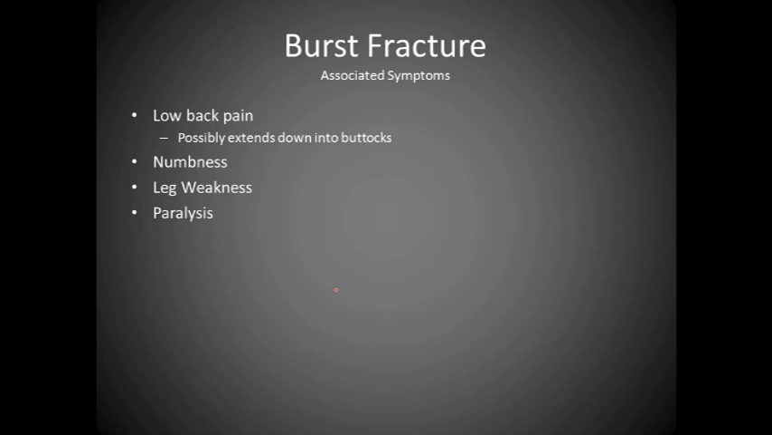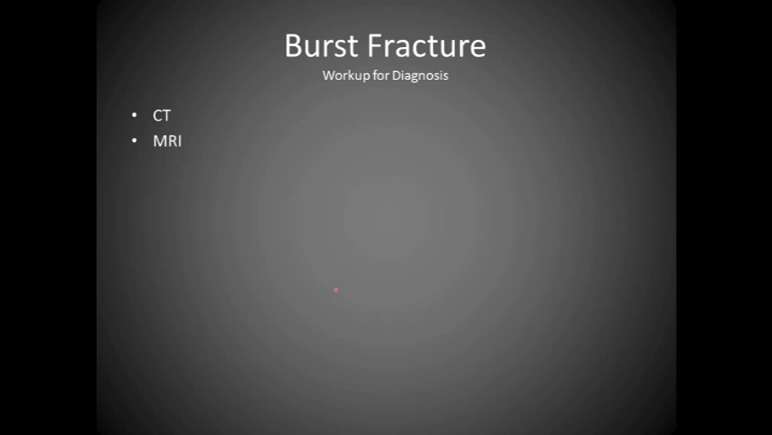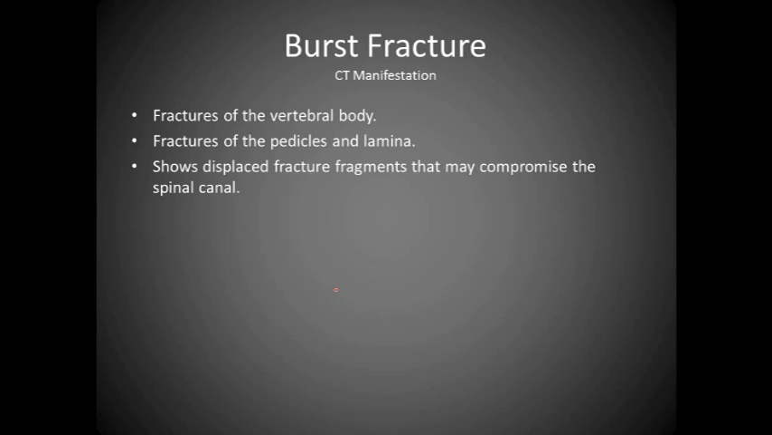Typically, burst fracture is going to have low back pain and possibly extending down into buttocks, numbness, leg weakness, and possibly even paralysis. CT and MRI are going to be your best options. Plain film radiography can play a role in this, but to evaluate the spinal cord, you're going to need something greater than conventional radiography. You're going to look for fractures of the vertebral body, fractures of the pedicles and lamina,